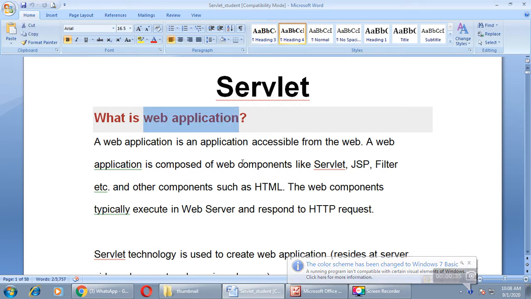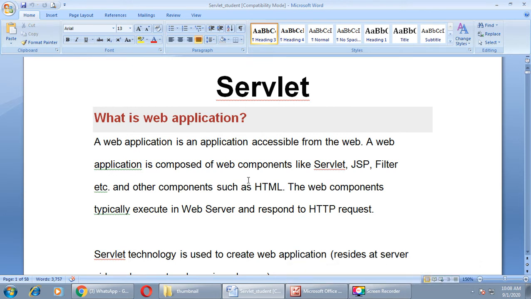Here you can see on the screen the meaning of web application. A web application is an application accessible from the web. Whatever application you can access from the web is called a web application. A web application is composed of web components like servlets, JSP, filter, etc. Right?